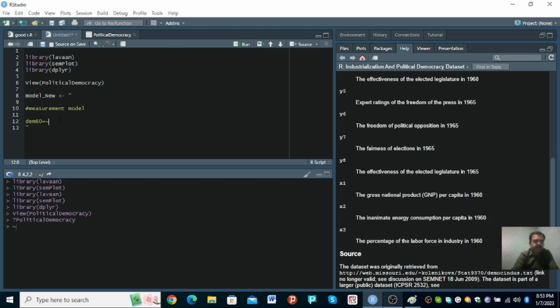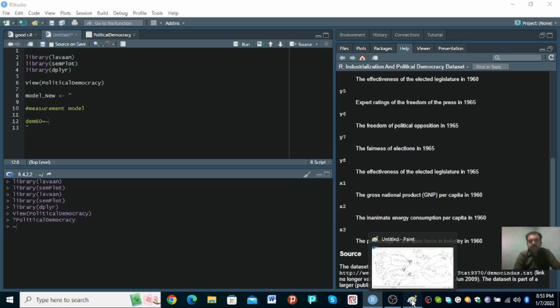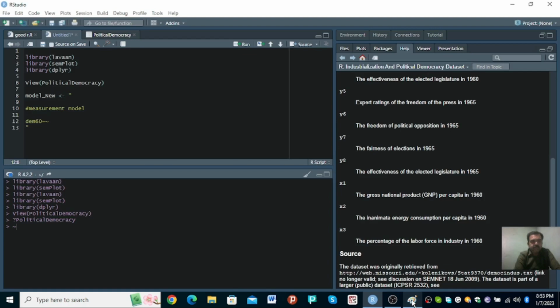It's not coming yet. It's come. Then what are the variables here? We have already seen y1, y2, y4. So that means democracy 60 =~ y1 plus,